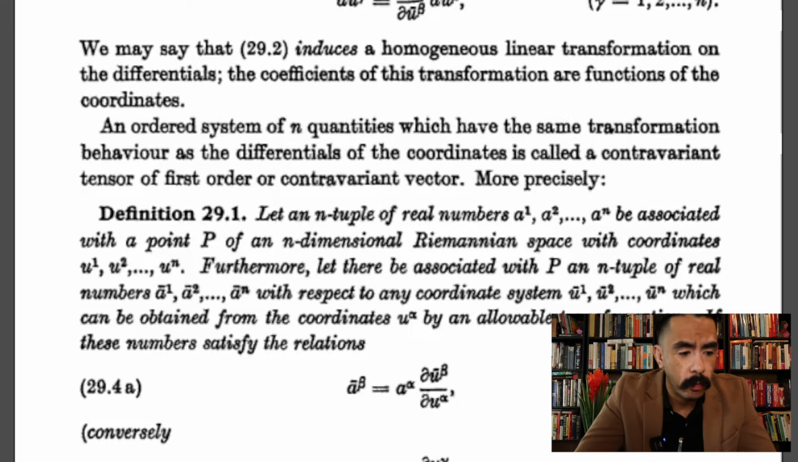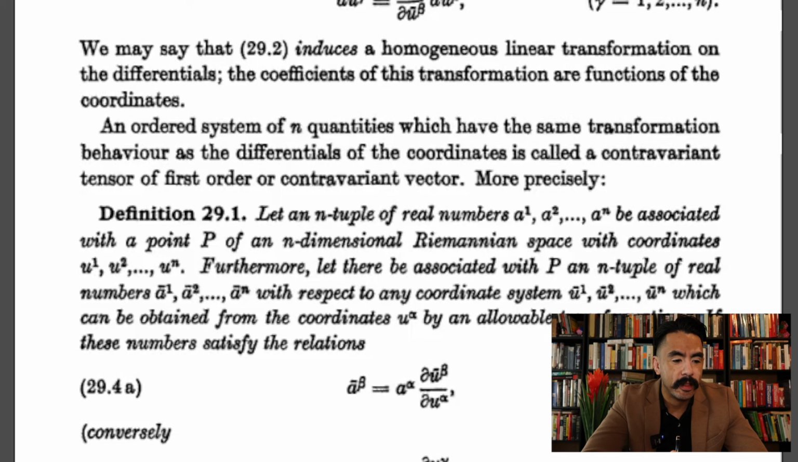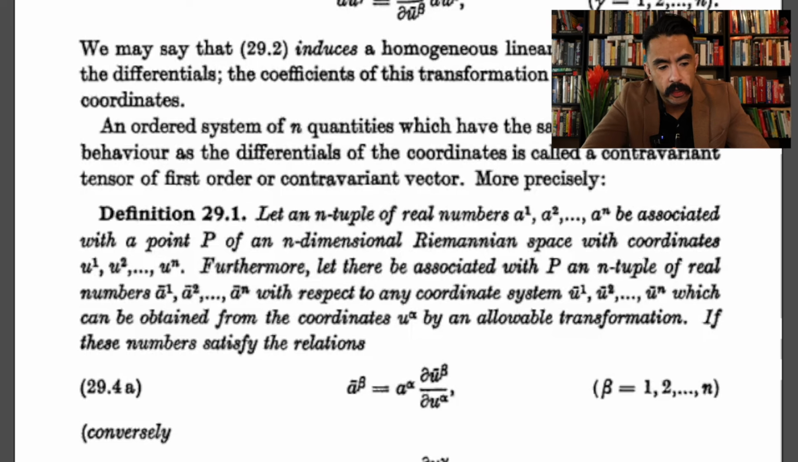More precisely, we have Definition 29.1. Let an n-tuple of real numbers a^1, a^2, etc. through a^n be associated with a point P of an n-dimensional Riemannian space with coordinates u^1, u^2 through u^n. Furthermore, let there be associated with P an n-tuple of real numbers ā^1, ā^2, etc. through ā^n with respect to any coordinate system ū^1, ū^2, etc. through ū^n, which can be obtained from the coordinates u^α by an allowable